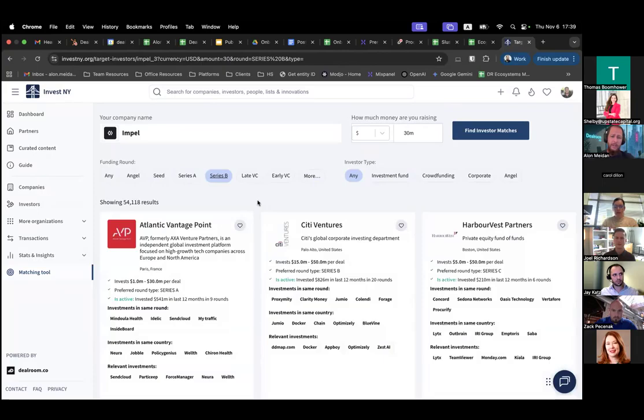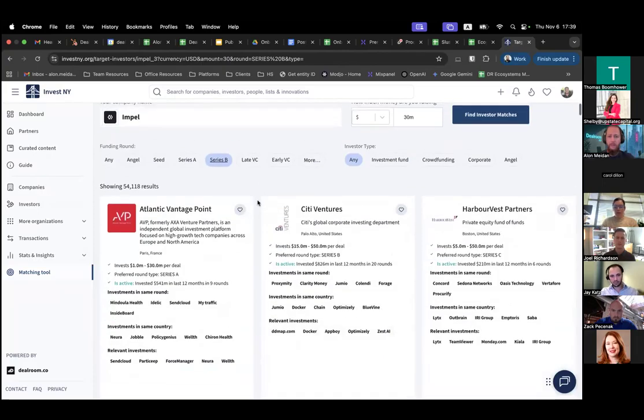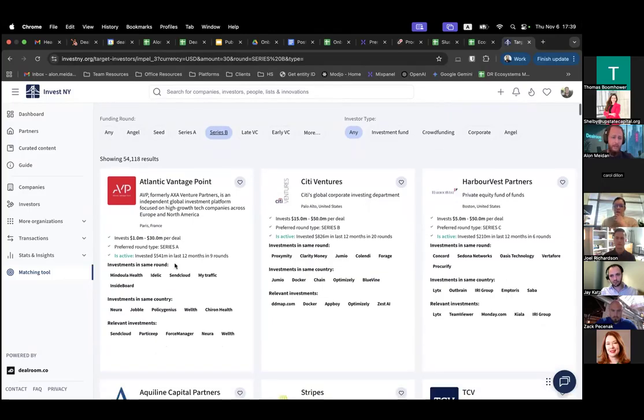And what you'll get here is a list in card form of the most appropriate investors for the company based on its information and data and tags, and the size of funding round, the type of funding. And you can see here, we will tell you why this is a good match, right? They invest in that bracket. They're active, which means they've invested in the last 12 months, and they invest in the same round type, country, or just relevant, which is companies similar to this company.